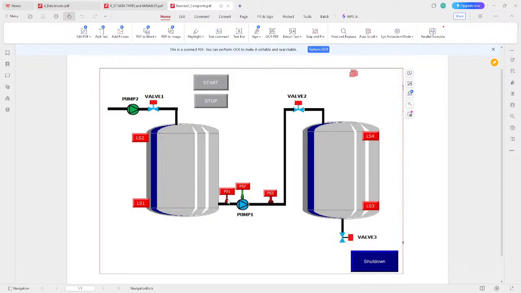After it stops pumping, pump one comes on, as long as there's pressure at PS1, PS2, and PS3. So it's three pressure switches. As long as there's pressure there, it pumps into the second tank, and valve 2 comes on, then fills up valve 3. As tank 1 is going low, pump 2 will come back on and continue filling. Once it gets to LS4, it keeps pumping till it gets to